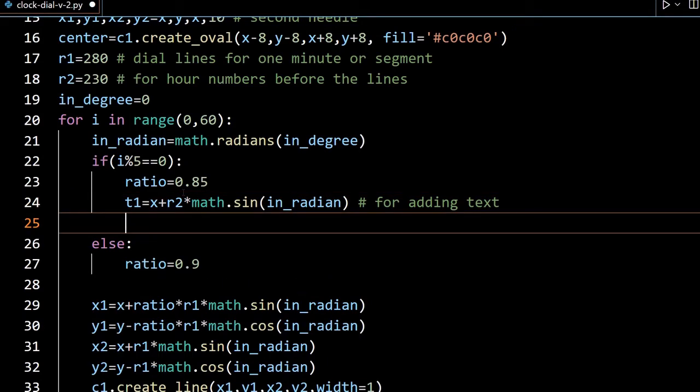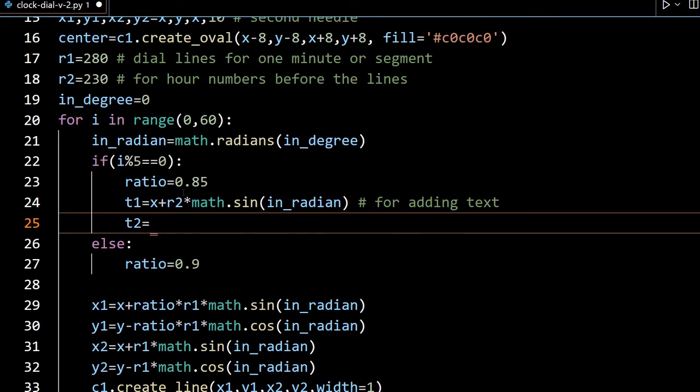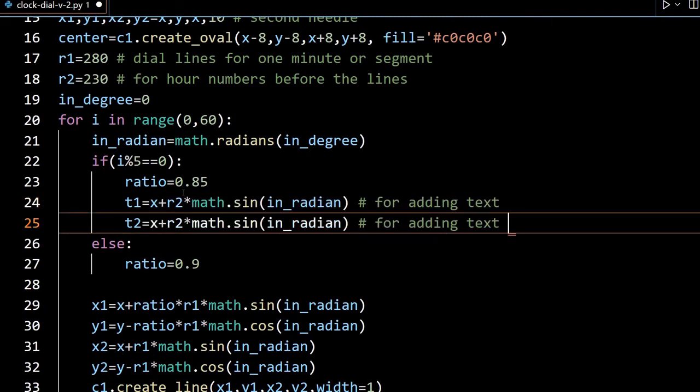So here it is T1. Now let me give the second one, because we need only two coordinates. Now nothing, just copy this, paste it here, and take the cos value of it. So based on this trigonometry, you can easily understand from the diagram what is sine value, what is cos value. Always remember this x, sorry, here it will be y.